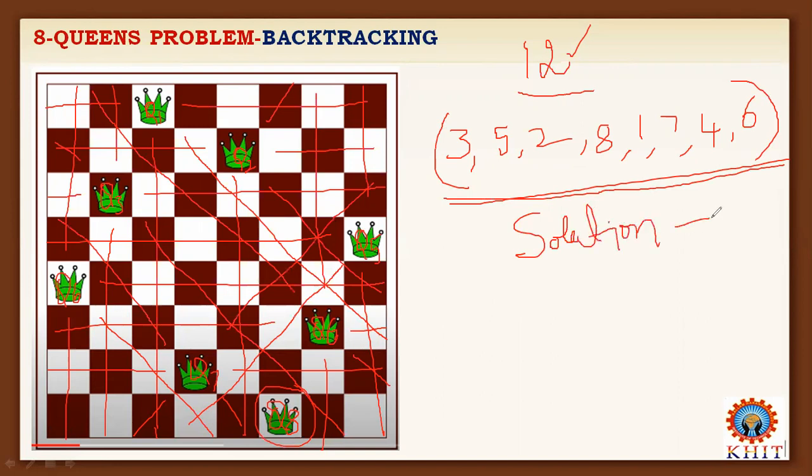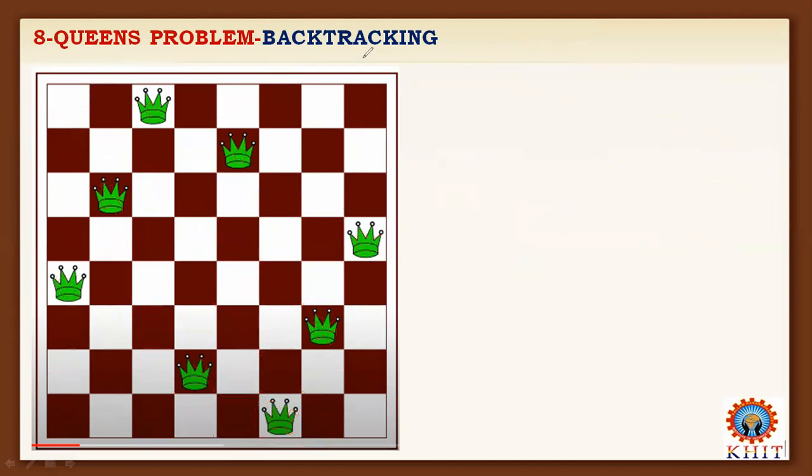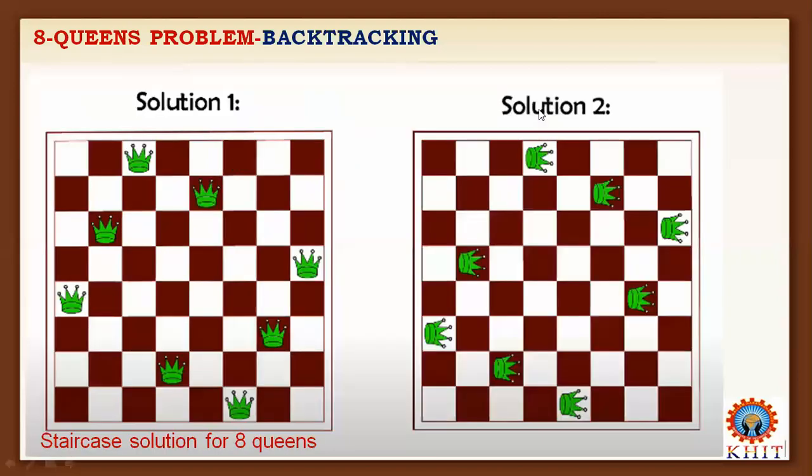You can generate many more solutions. So here the problem can be solved by applying the backtracking technique. Where we require backtracking, we will apply it and we will get the solutions. Okay. Next, another solution we will see. So here two more solutions are generated, solution 1 and solution 2.